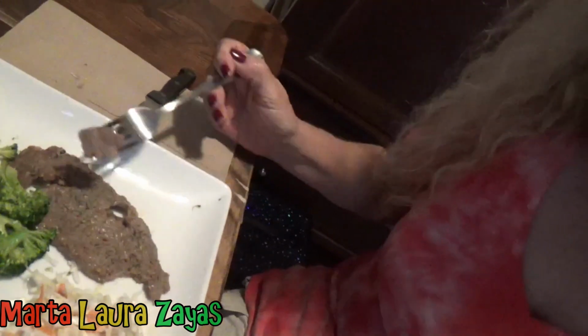I cooked my ribeye. It is individually portioned, so they're very small. You get 3 ounces. This is great if you're on a diet. That would be 140 calories. They defrost super fast because they're very thin. And what I am